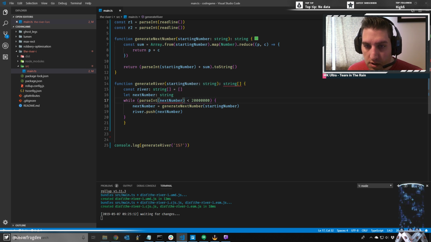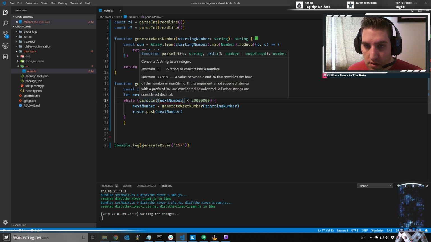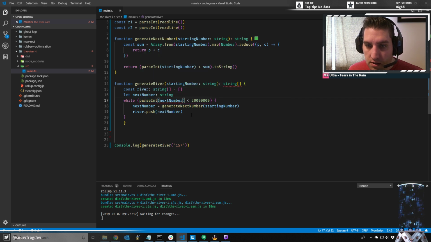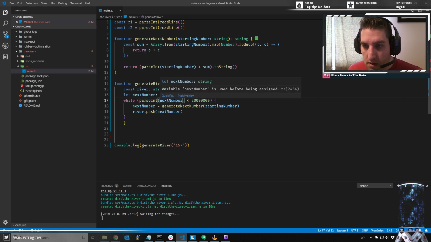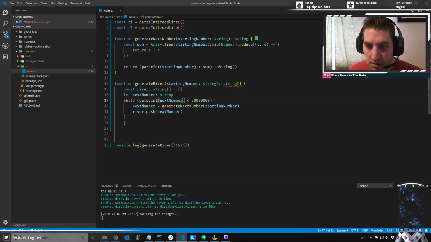Next number is a string. parseInt converts a string to an integer. What is your problem? It's used before being assigned, yes, of course. So at first, next number is simply our starting number. Okay, we've got a loop